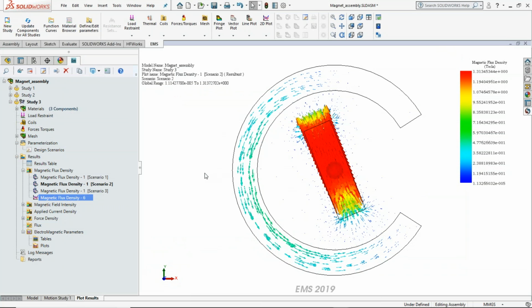So this is one example where we have seen how to define a magnet, how to do a parametric simulation, and how to look at the results for various values of a parameter. Now let me go ahead and